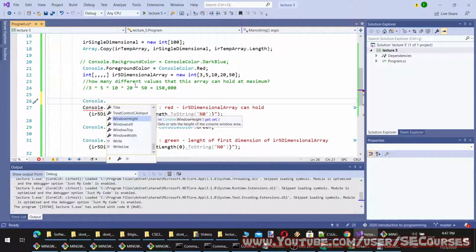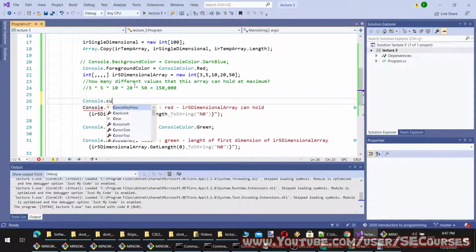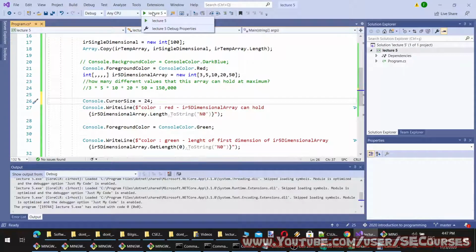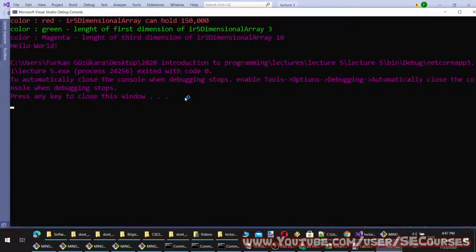Okay, there are some other properties. I'm not sure if we can set the font size from here. I will try cursor size. Go to, let's say, 24. Let's see if it makes any difference. Okay, only the cursor size is now bigger. You see, this is the cursor when I click.